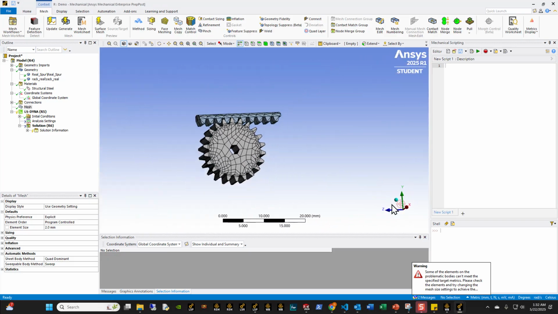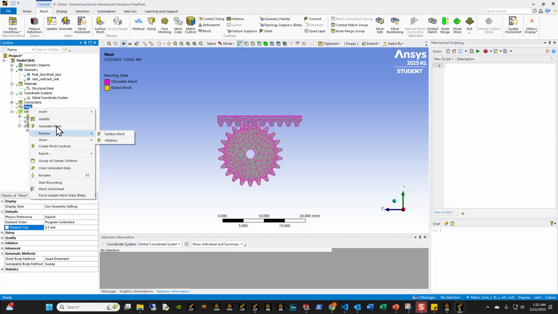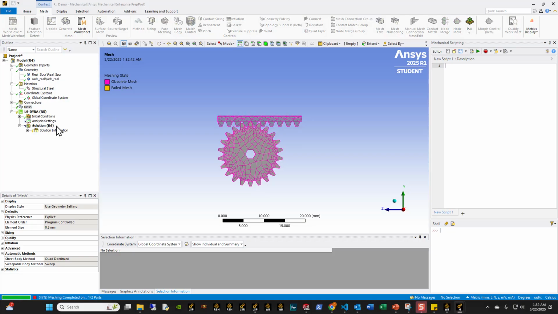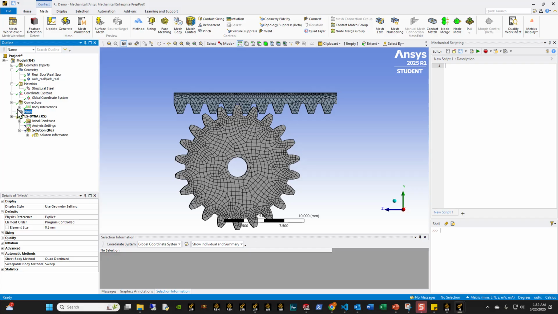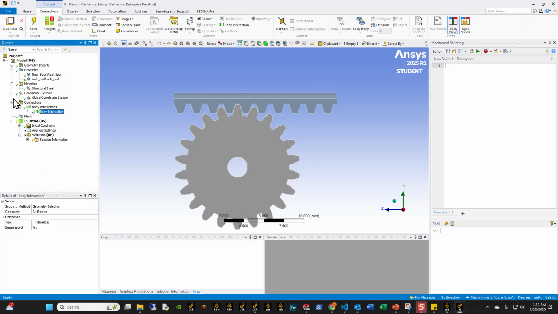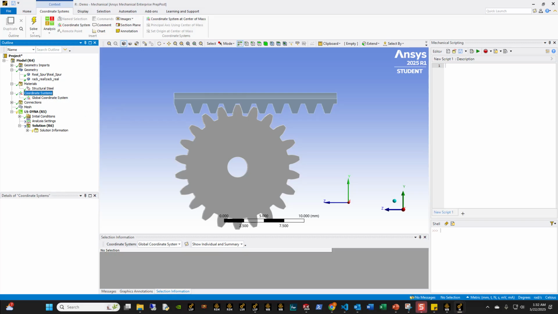Like you definitely want to make the mesh a little bit better. For example, you probably want to do 0.5 in real life, but it's gonna take a lot longer to solve. So maybe make it a little bit denser just to look better. Okay, so once you have something like this, disable your body interaction because we're not gonna have any contact in here, right? And now what I want to do with these, right, is define the coordinate